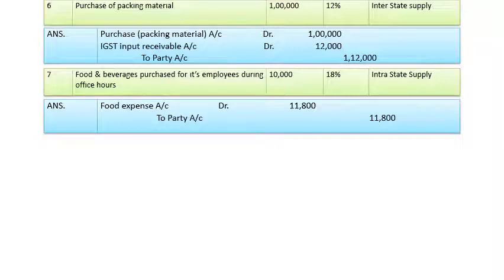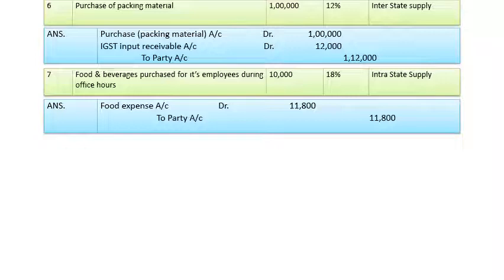So what we have done is included the amount of GST, that is 1800, into the cost price of the expense, because credit is not available. Whenever credit is not available, we will add it into the cost price of the expense and directly record it with the full value, 10,000 plus 1800, that is the full value of the expense, as credit is not available. Now next transaction,